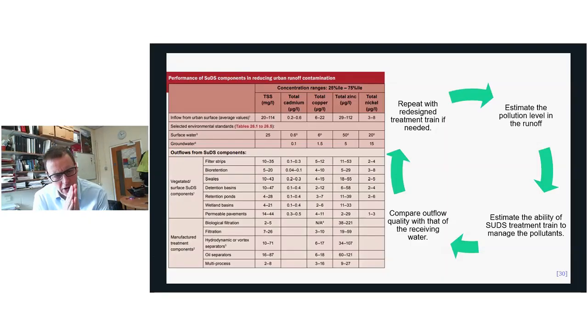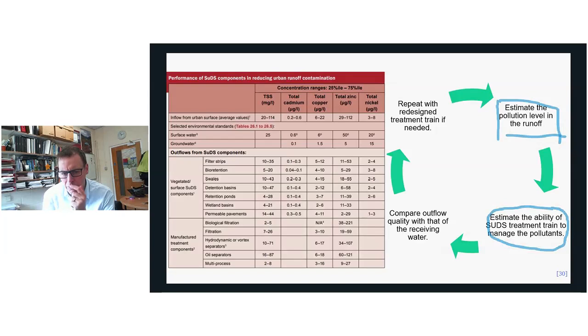So I'm not going to go into this in detail, but what the table on the left shows is typical pollutant concentrations from urban surfaces, and below that in the table you see the typical remediation rates from different SUDS devices. So when you're designing your treatment train, what you have to do is estimate the pollution level coming from your surfaces, then have a think about the ability of your suggested treatment train to remove them, and then compare